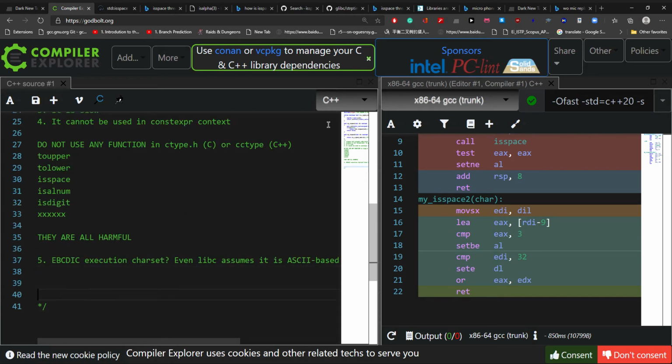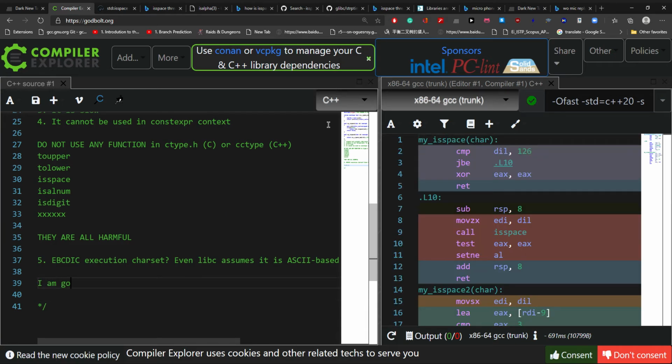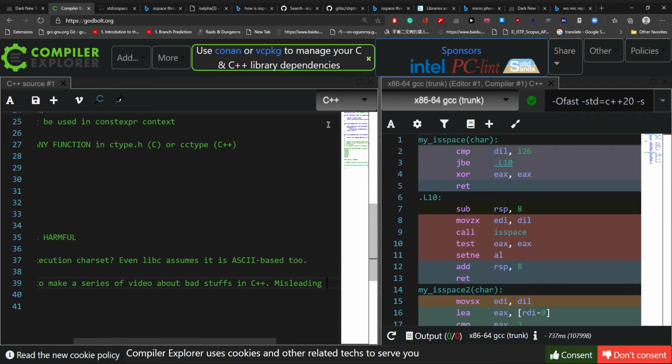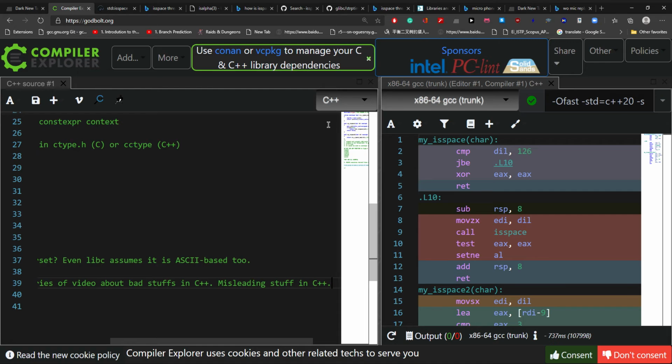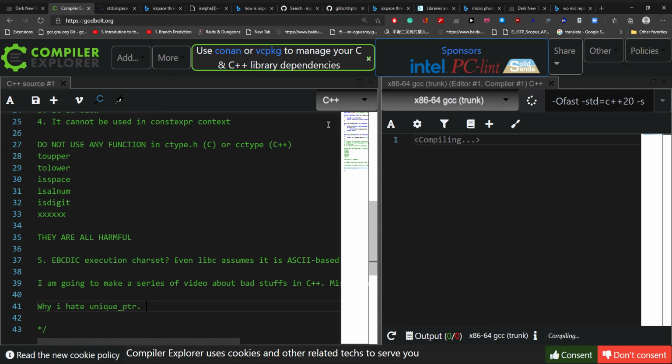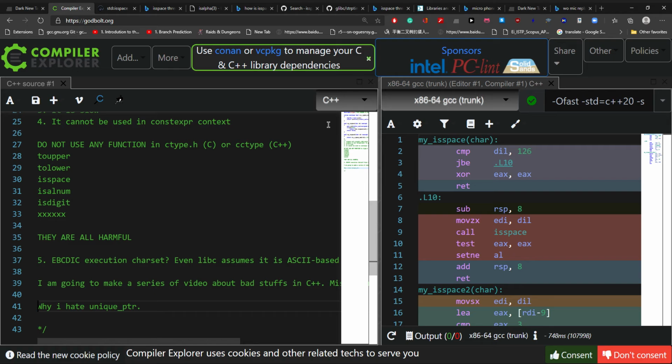I'm going to make a series of videos about bad and misleading stuff in C++. The next thing I'm going to make is why I hate Unicode, why I think Unicode is harmful. And the next one, I'm going to make another video about